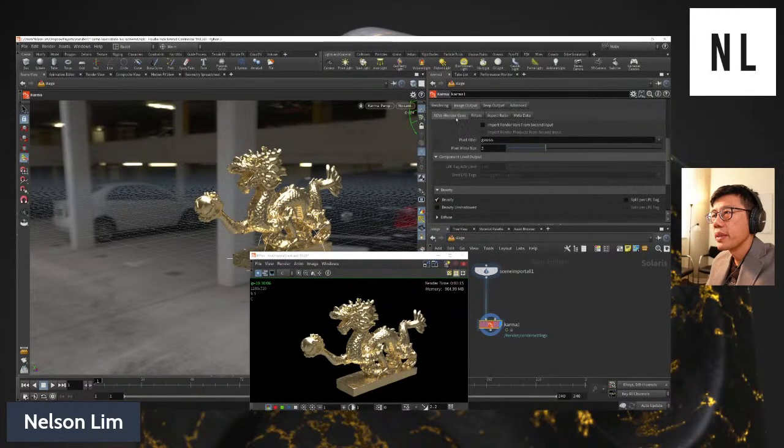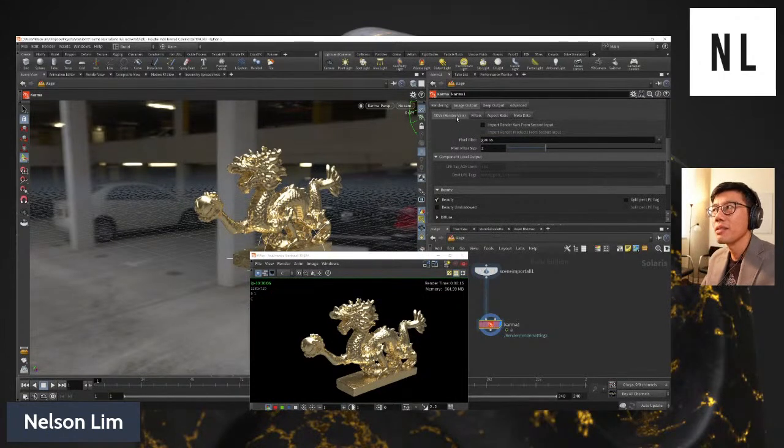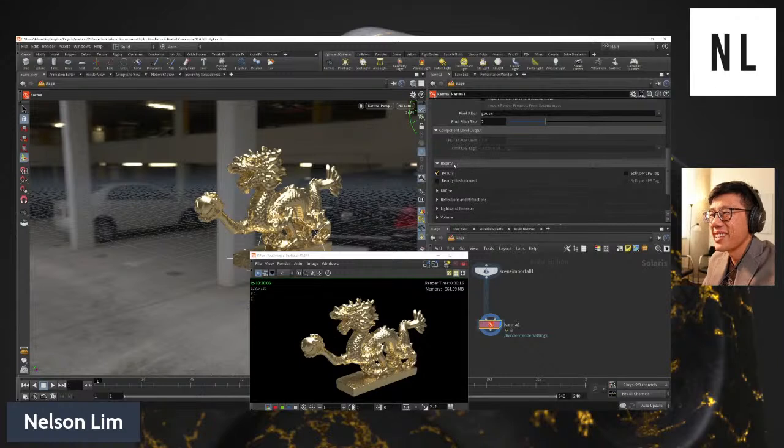Image output, they no longer call them image planes. It's now called AOVs, which is actually pretty much the standard convention in the industry, because I think RenderMan first started it as arbitrary output variables. Or quote unquote render vars, because USD uses the term render vars for AOVs. So there's a lot of trying to equate two types of things together, two basically same concepts called